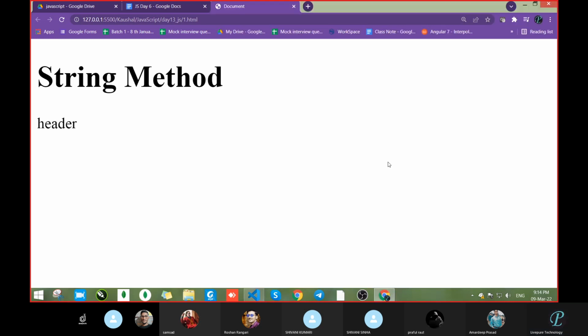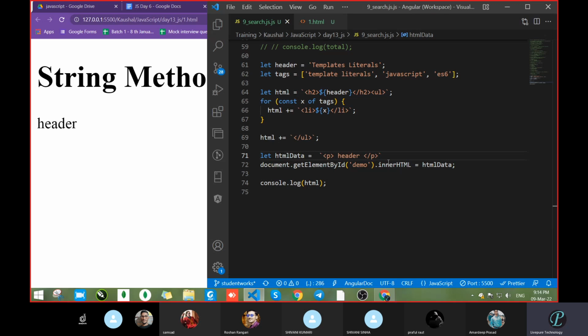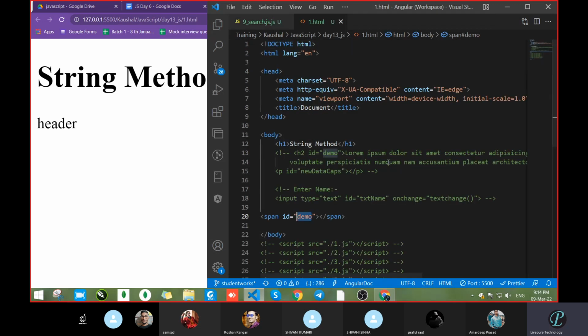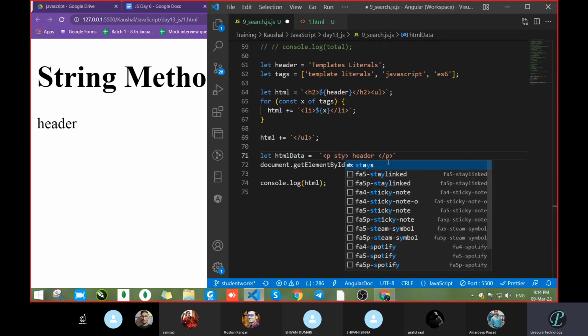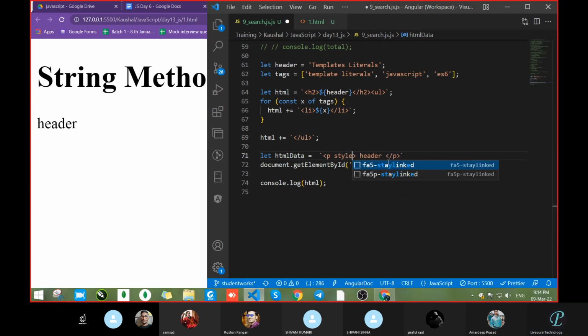It becomes clear. So what we got from here is that we can pass complete HTML code from JavaScript to HTML and it will work, whatever you pass. Now here we can write a style also. Correct or not? Style equal to, we can give color colon red. Is this correct or is something wrong?